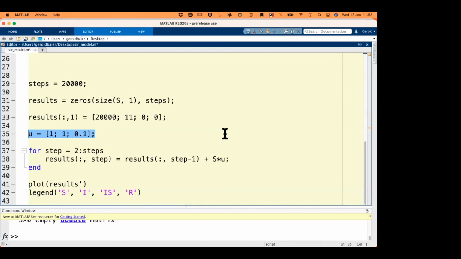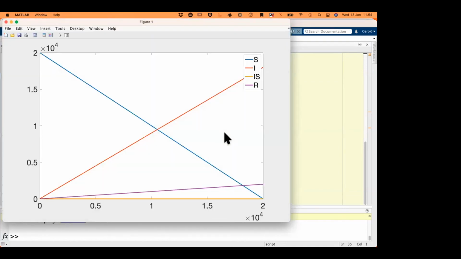And then I have successively for each of the steps created a result vector for the amount of, in this case, 20,000 steps or 20,000 time units, if you like, as I'm going to proceed to simulate over a long time. And what I have done here, very much in the spirit that you learned in the very first session of this course, made a for loop to collect all those results and then plot all those results. And if we've done everything right, that should give a nice output. So I execute the code, and what we get is a simulation of that very simple or simplistic SIR model